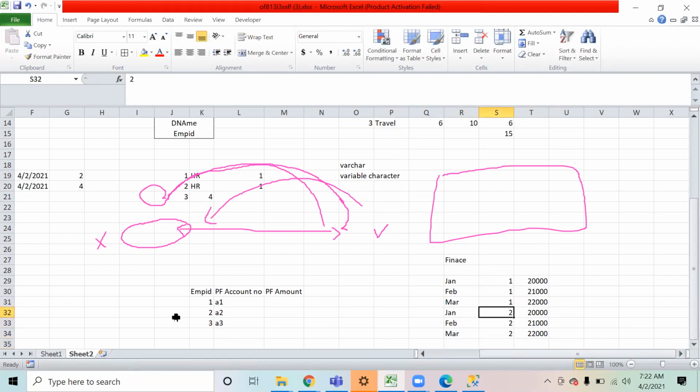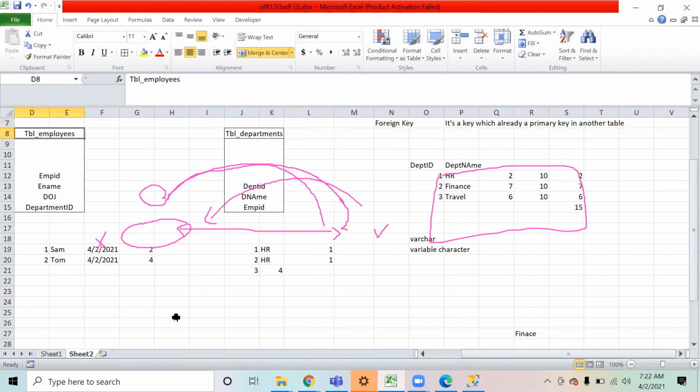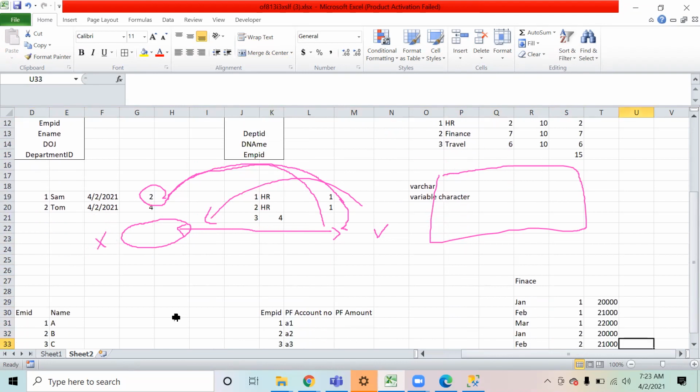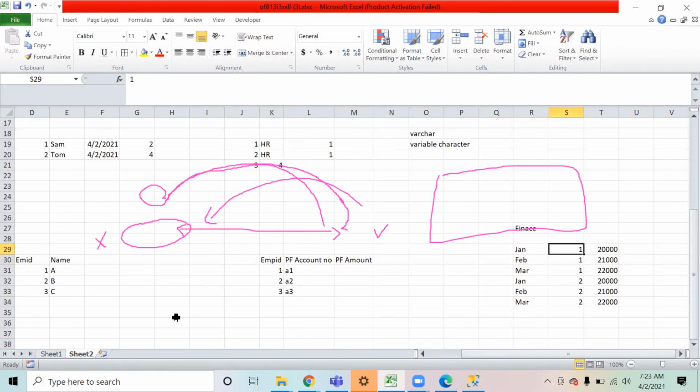Correct. Now, don't you think there has to be some consistency between this table and this table over here, the employee table, where we are storing the employee ID, what the name is, when he joined and in which department he is working. Finance has the information at this level. So over here, though we have an employee ID, it is not a primary key, but it is a foreign key, because I can link it: the employee to whom I am going to give the salary should be present in this table. Only then will I know that, okay, he's working with me.